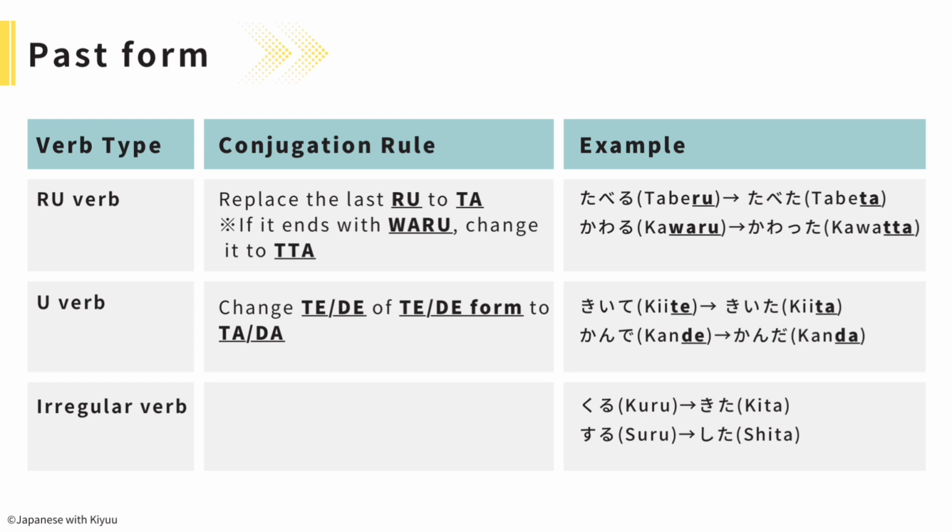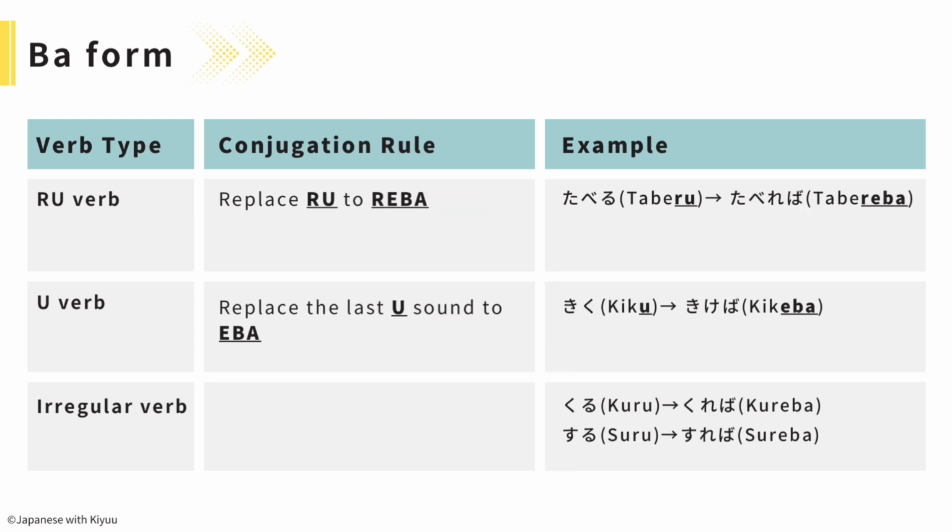Past form: る verb, replace the last る to た. For example, 食べる is 食べた。If it ends with わる, change it to った. For example, 変わる is 変わった。う verb, change て/で of the て form to た/だ. For example, 聞いて is 聞いた。噛んで is 噛んだ。Irregular verb, 来る is 来た。する is した。